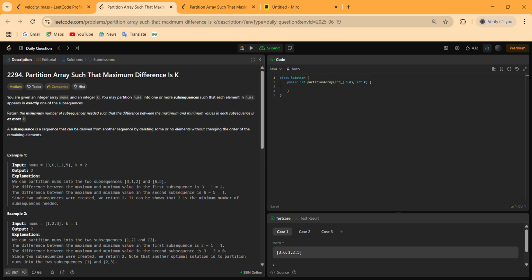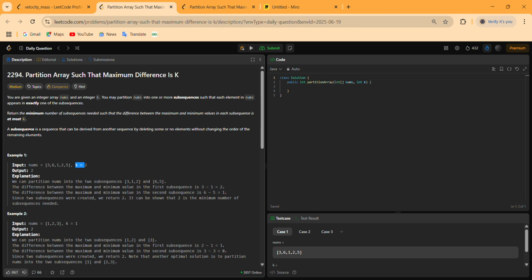We have given an integer array nums and an integer k, and we have to partition that nums array into one or more subsequences such that each element in nums appears exactly in one of the sequences, and we have to return the minimum number of subsequences needed such that the difference between the maximum and minimum values in each subsequence is at most k. That means in every subsequence, the difference between its maximum and minimum element does not exceed this k.